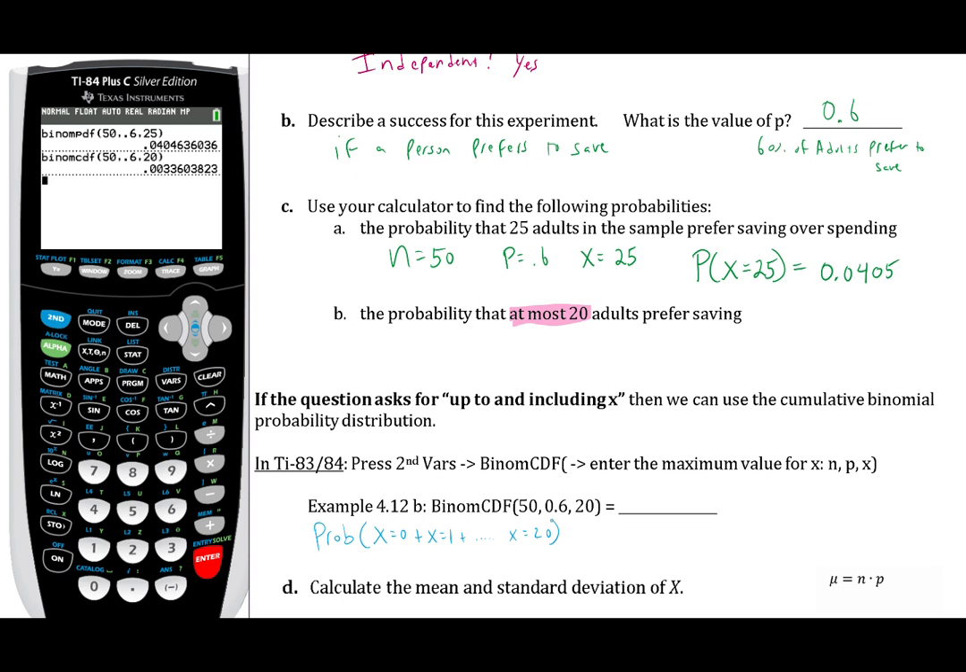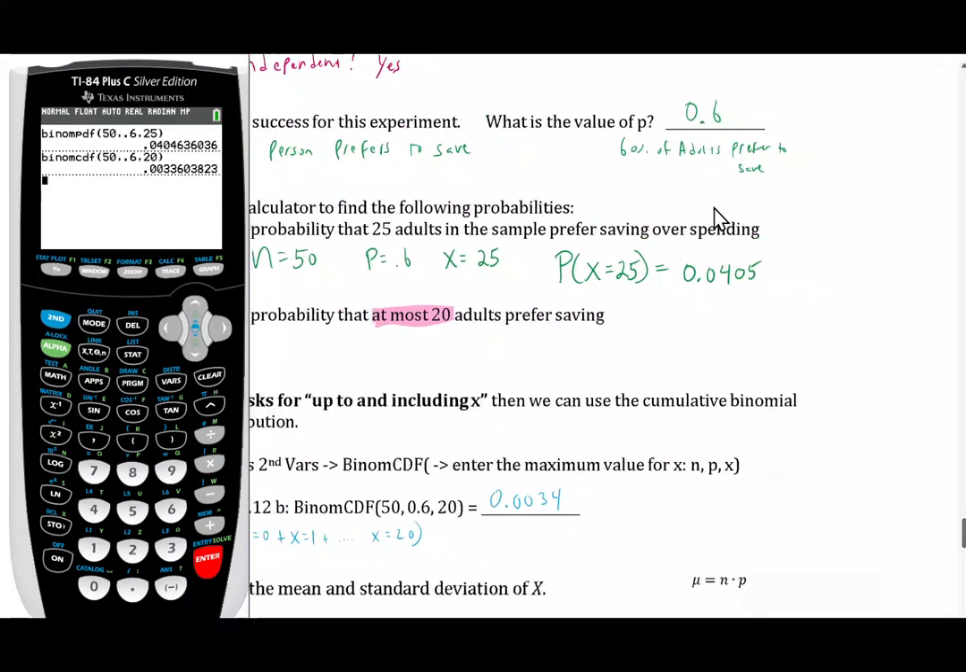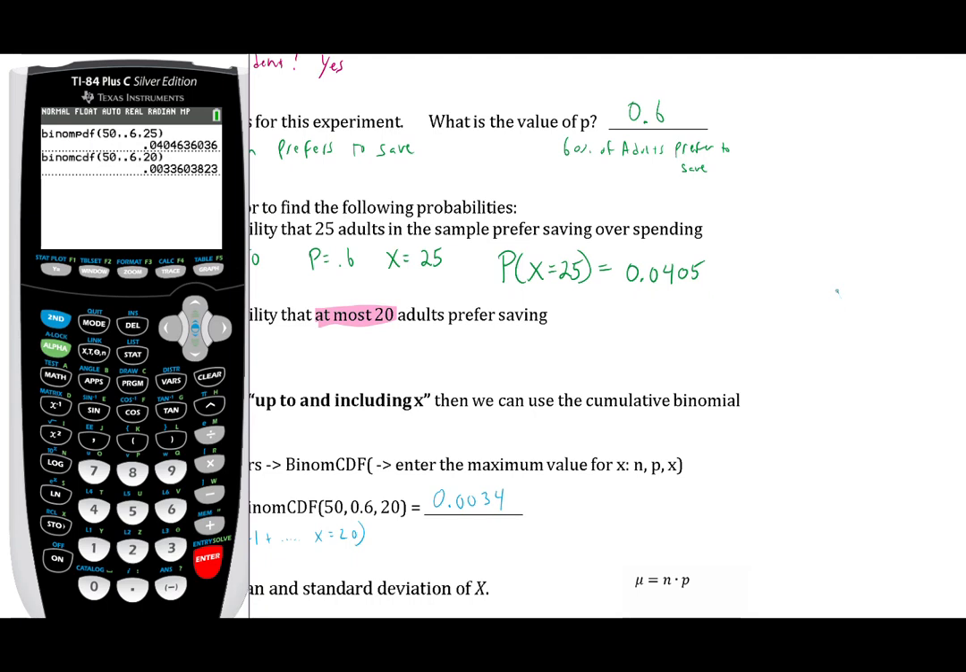I'll show a better representation of this in a second. Let me just copy down the answer, again, to 4 place values. So another way of thinking about these up to and including probabilities is to think about them as a binomial